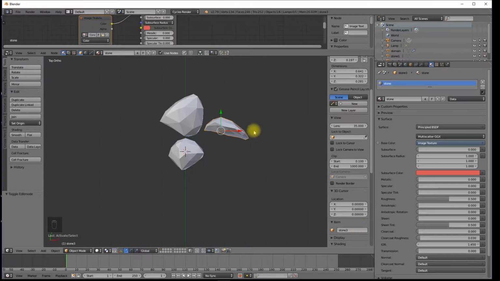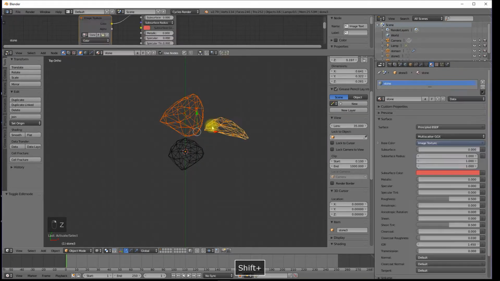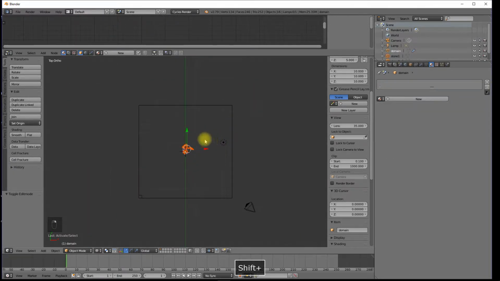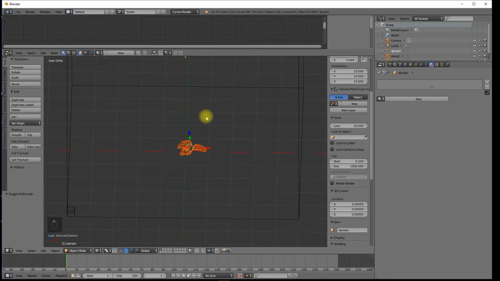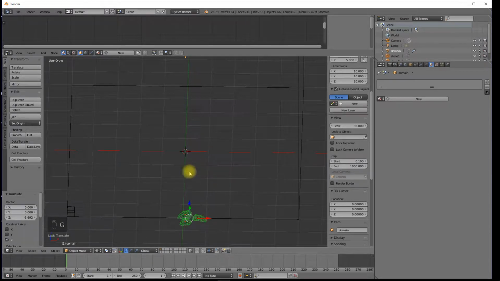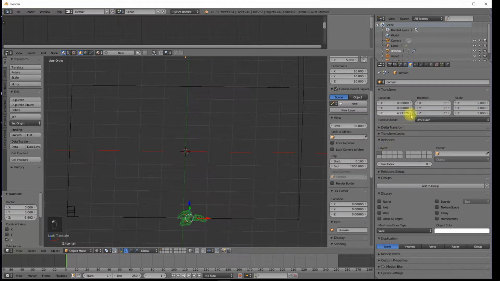Okay, now I'm going to take the 3 of these, okay, not that guy, and I'm going to go Control G and make them a group, and then just move them down on Z. It's going to hide them underneath the cube here. So I've made them a group, and if I go over here, it's part of